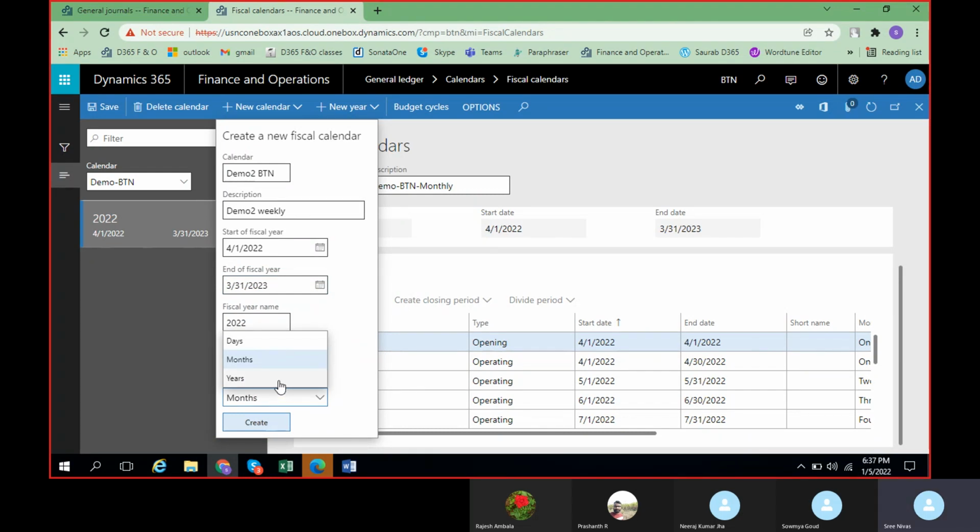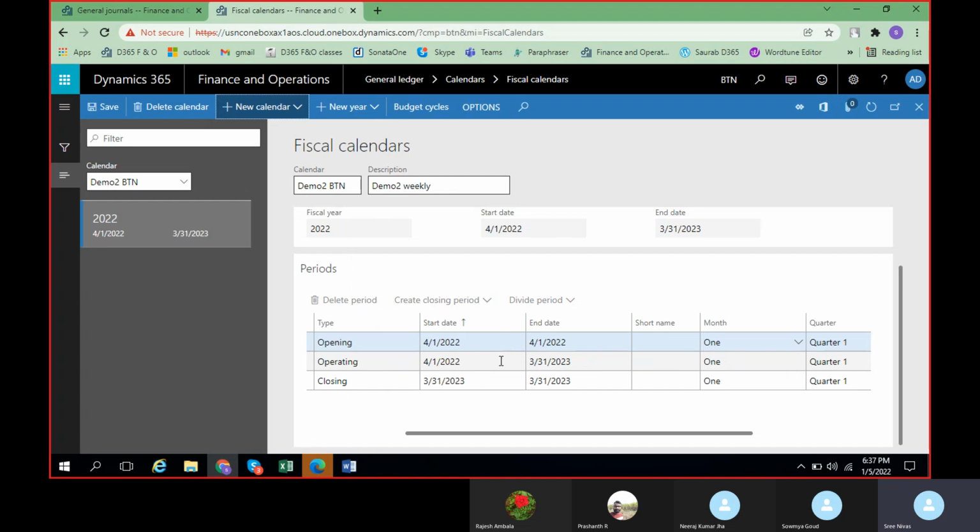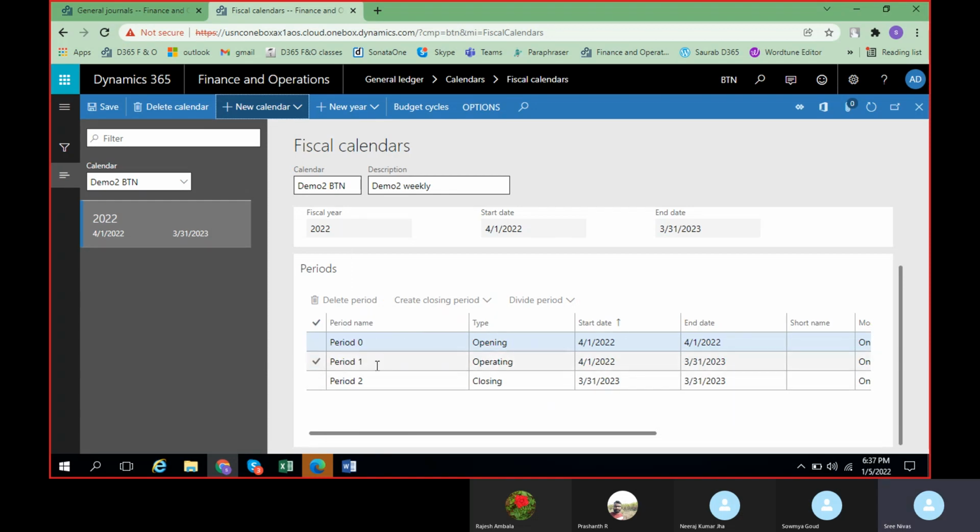Okay, we'll select this as months, years now, and then we'll see how to break that down into weekly ones. If it is a year, then we will have only 3 periods. One is 0, which is the opening one, and this is the closing, and the transactions will get recorded under only one period.